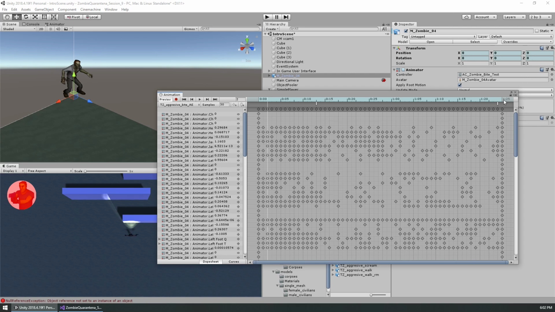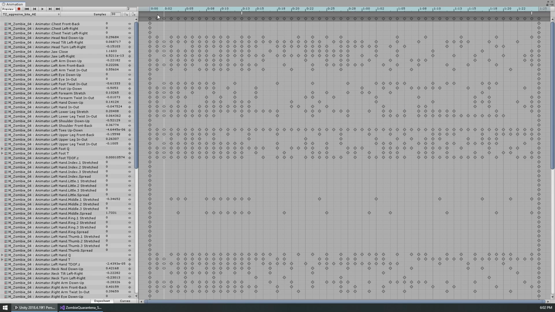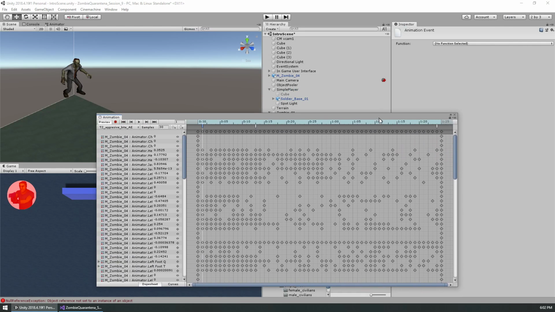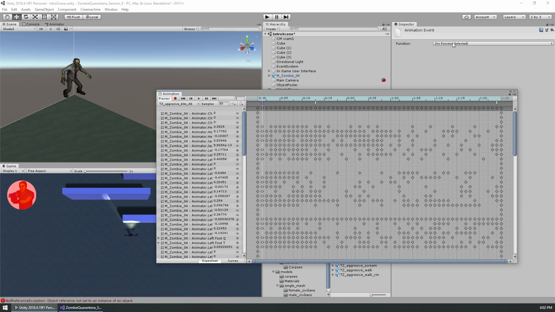If we maximize this and go to the second frame, we'll drag it back here. If I click this add event, that is the perfect place to add in the event for the byte attack to start. I'm going to minimize this. And you see in my animation event window in the inspector, it says you don't have a function selected yet. So I'm going to grab byte indicator start AE. Then I'm going to scrub over here to right where the marker is next to the